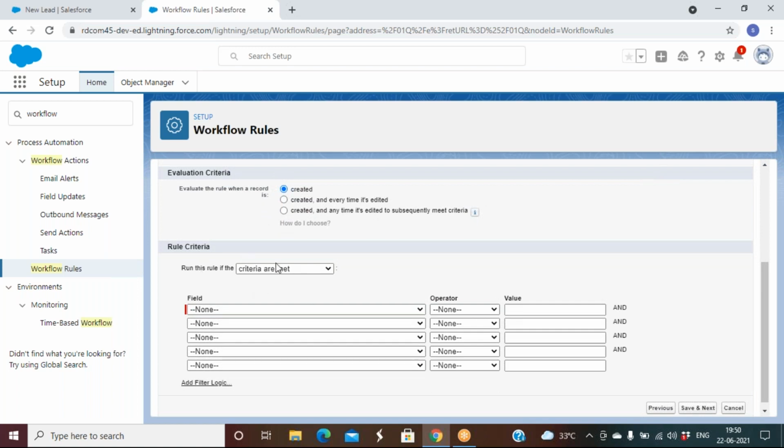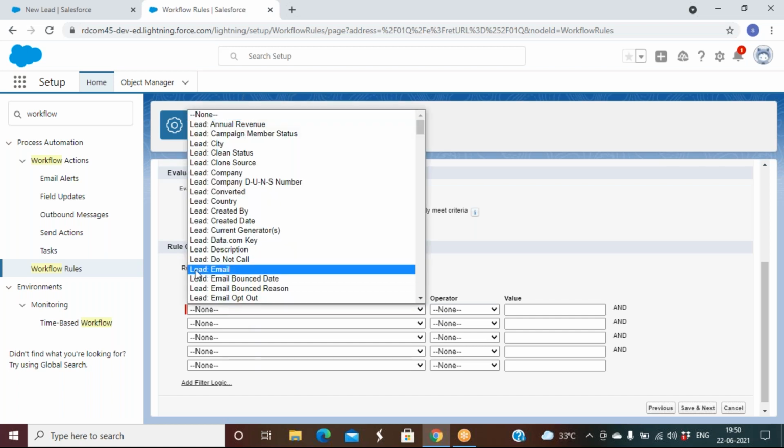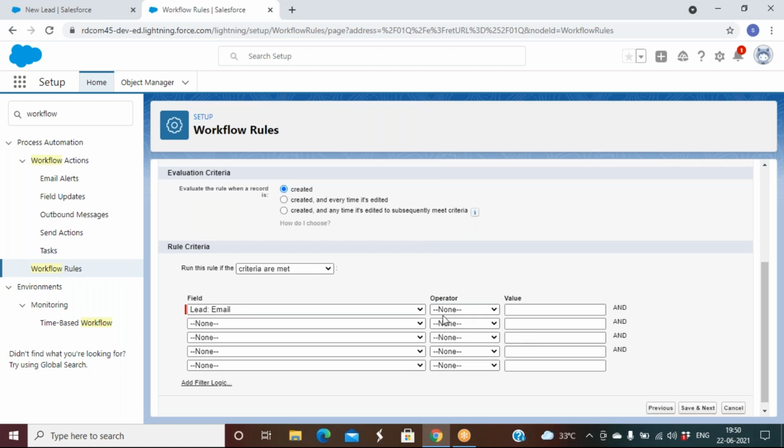So I'll go with the criteria here. On the lead object, the field called email. We have operators equal, not equal. I'll go with not equal to null. If I have not entered any value, means when a record is created on the lead object, the email field is not equal to null.